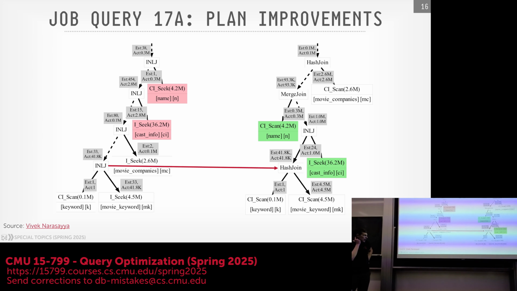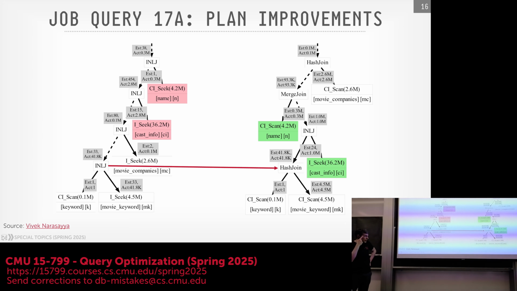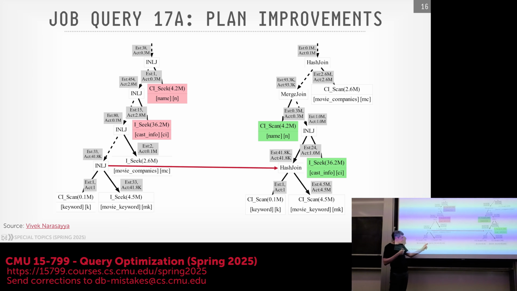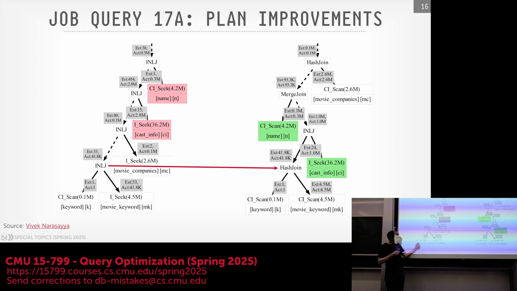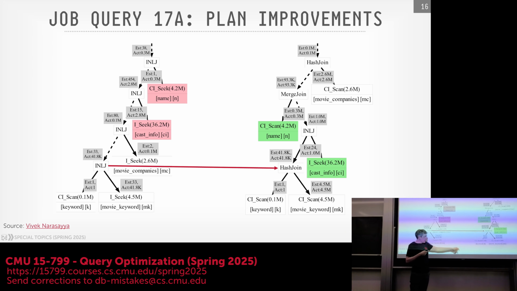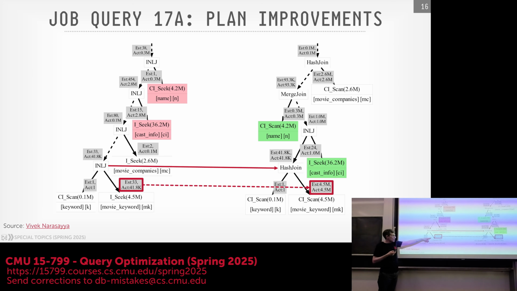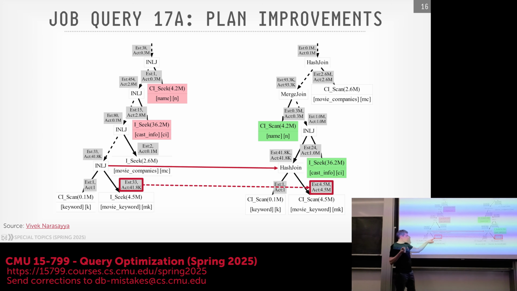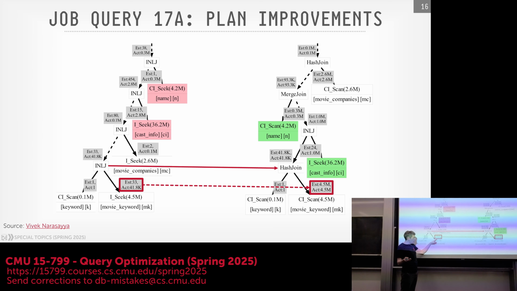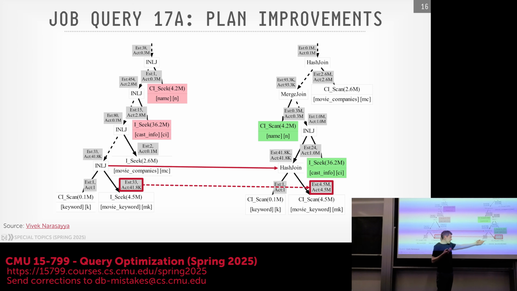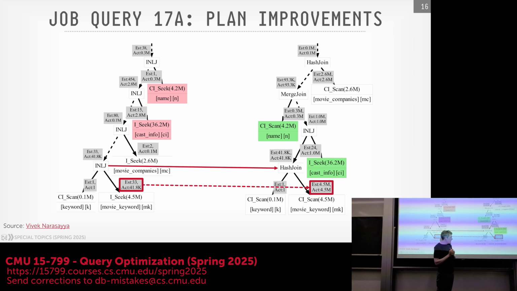And the last big change to point out here is going from this index nested loop join into this hash join. The join order still stays the same. We do keyword on the outer side and the movie keyword on the inner side. We see the same thing for the updated query plan. But the main idea here is that on the probe side of the inner side of the join, we thought we were going to get 33 tuples. We actually got 41,000. And then when we switch from an index scan to a clustered index scan, just scanning along the leaf nodes,